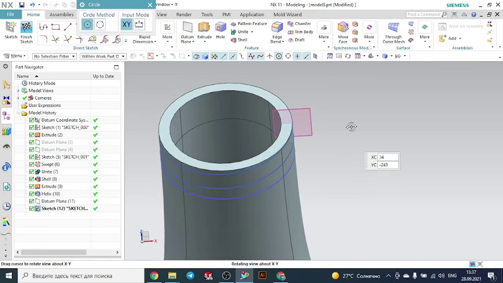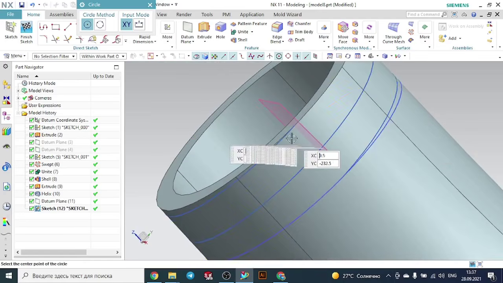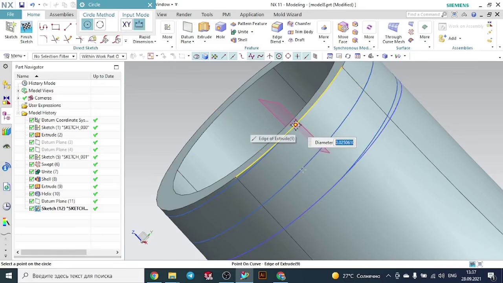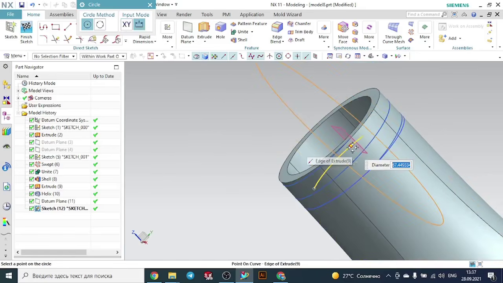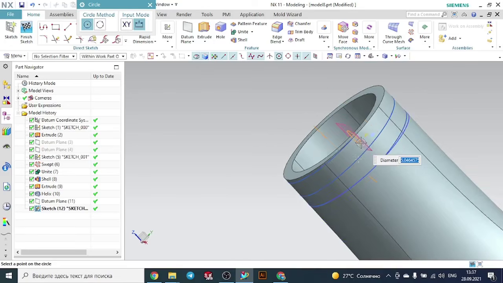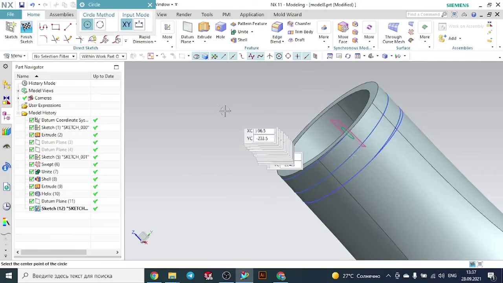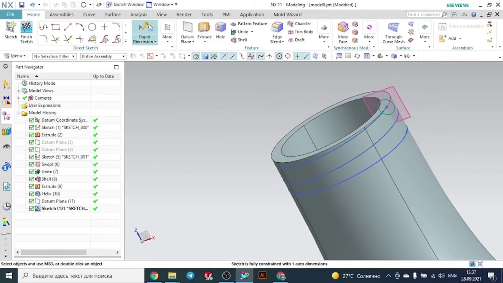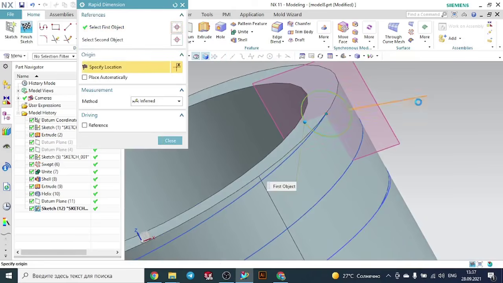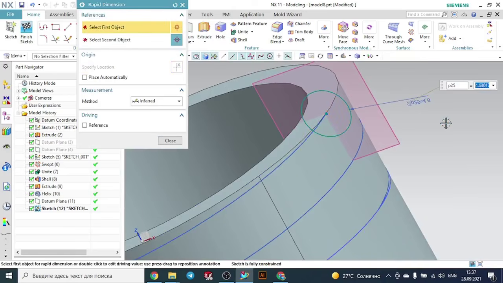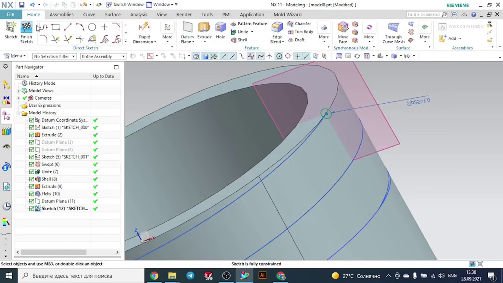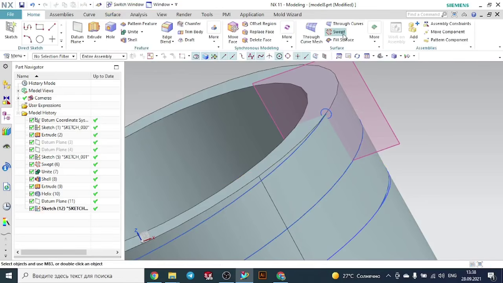To see the better condition here, rotate it and select this point and draw the smaller hole here. Let's change the value. Let's make it 2. Can make it 1 also. So finish the sketch. Now go to the swap again